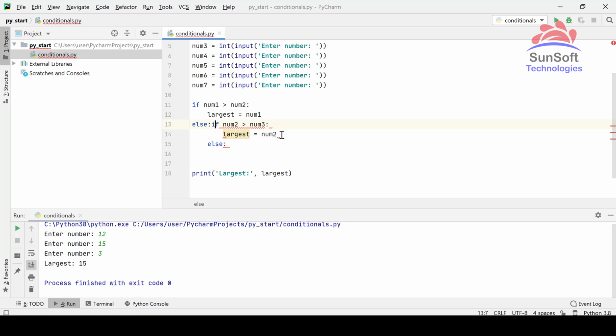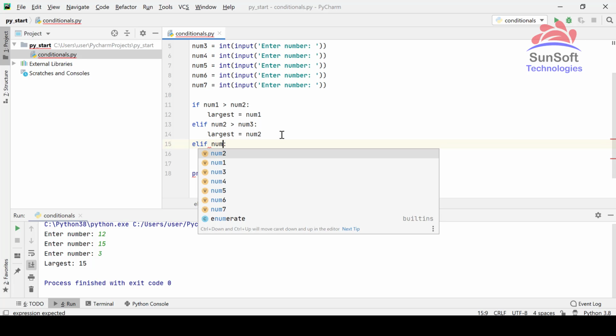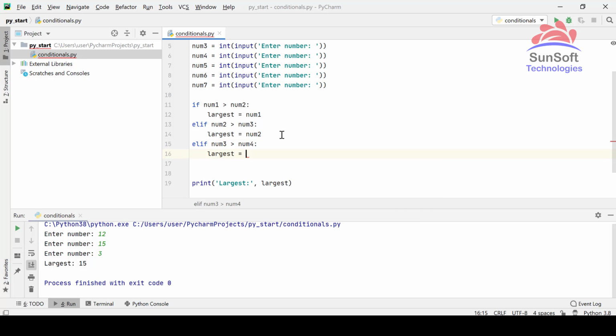So here it combines this else and if into one statement known as elif, and after elif, see this indentation is now here. So you can now apply however many you want, like let's say elif, now I want to check if this is larger, and so on.